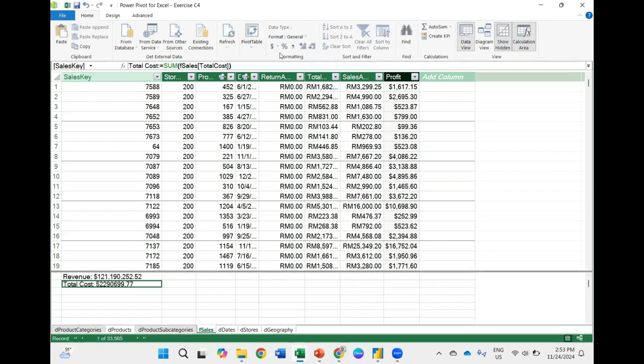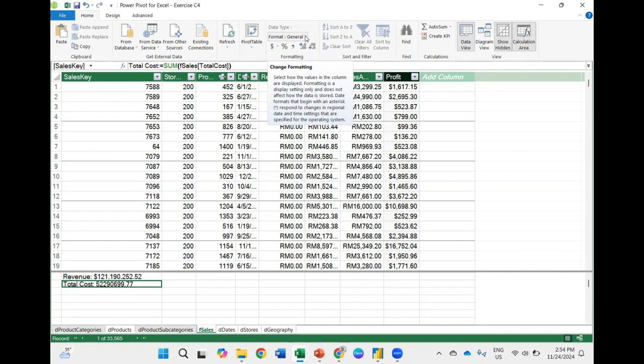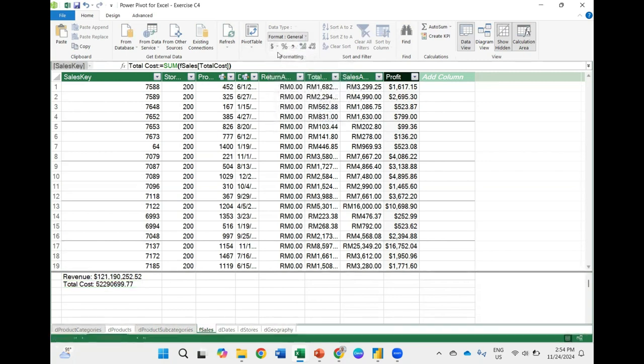Then you can format it. Let me hide this. General format, currency, standard currency, English currency.